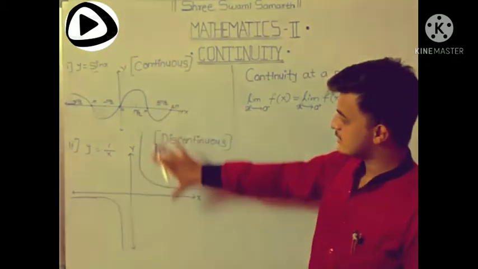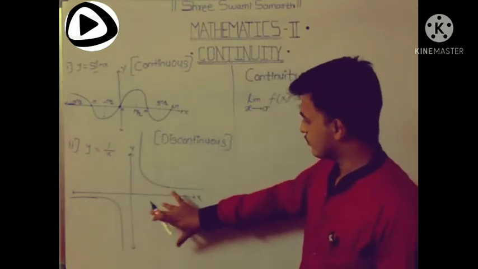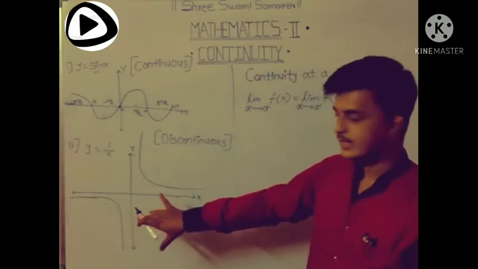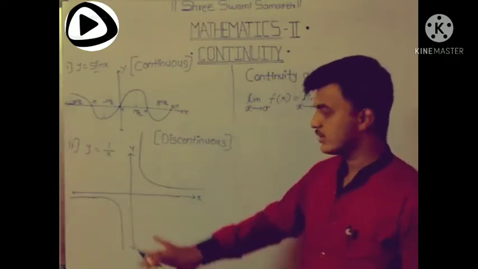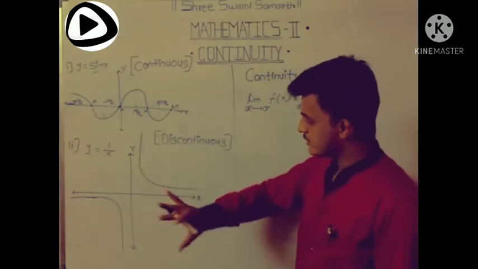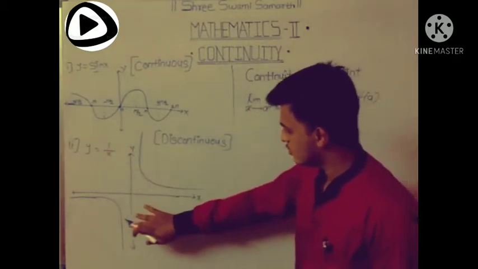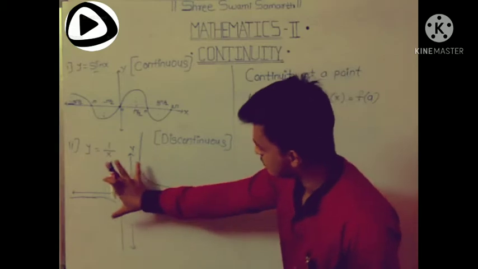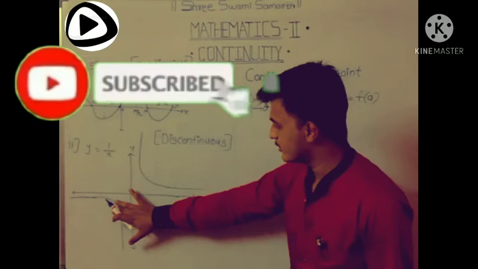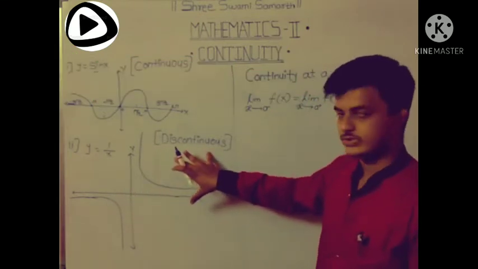So now let us take the example of y is equal to 1 by x. The graph will be shown like this. You have learned that in 11th standard, but if you want to check, you can check on the apps which are available on the Google Play Store. So the graph of y is equal to 1 by x will appear like this. There is no connection between these two parts, so they are not joined like this. There is a break here, and that is not allowed. So it will be an example of a discontinuous function.